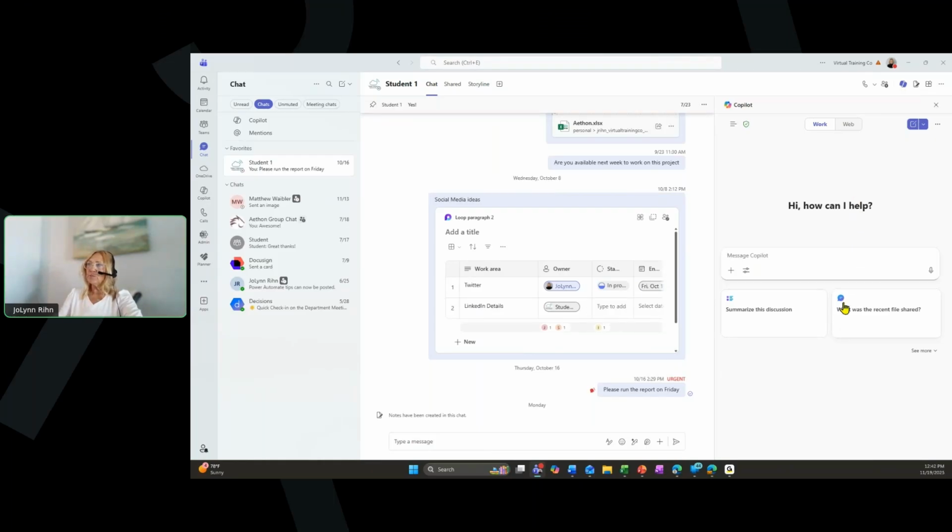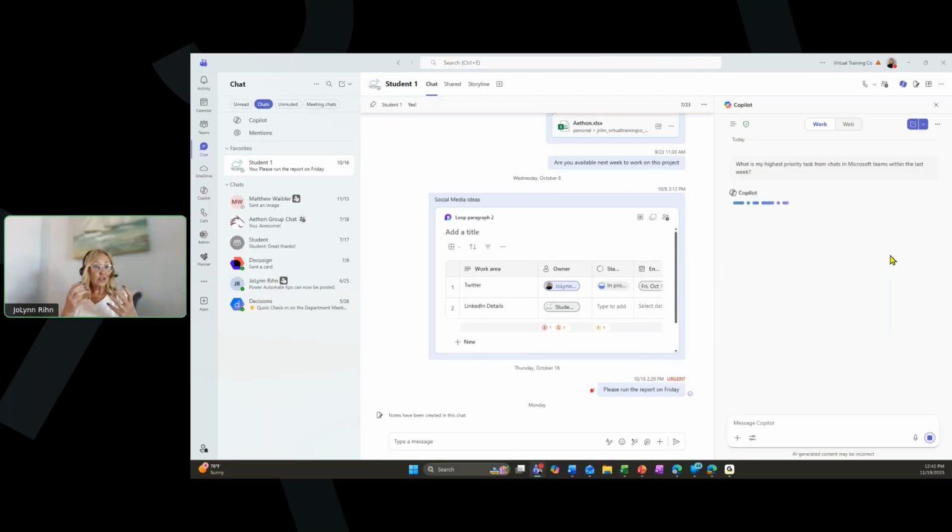But notice that it's giving you some suggestions down at the bottom. I'm going to actually put in a prompt. What is my highest priority task from chats within Microsoft Teams? Now, is that enough? Do I want it to really be looking at chats from forever ago? Or do I want to add to this a little bit? A suggestion of what you could add is, what if I want to say within the last week? Then it's going to look at the chats from within the last week